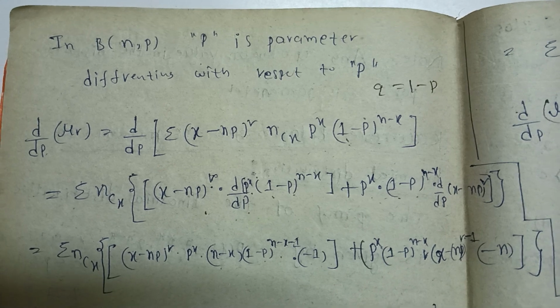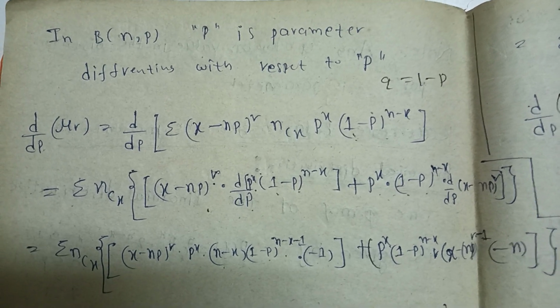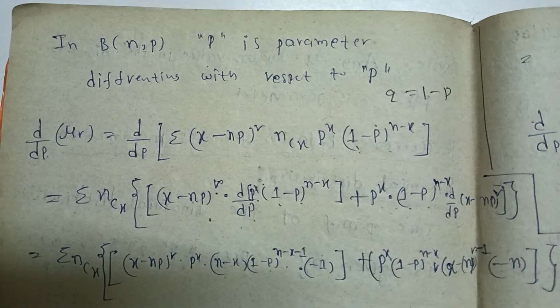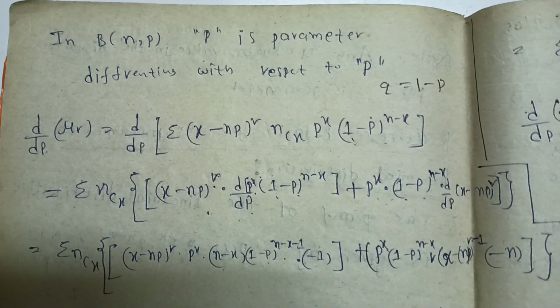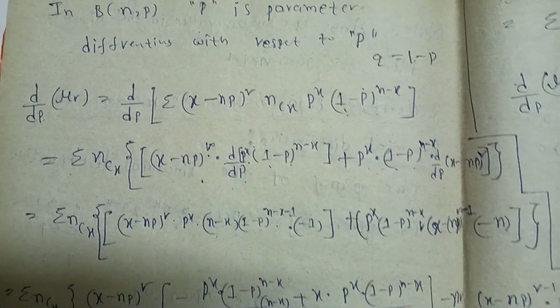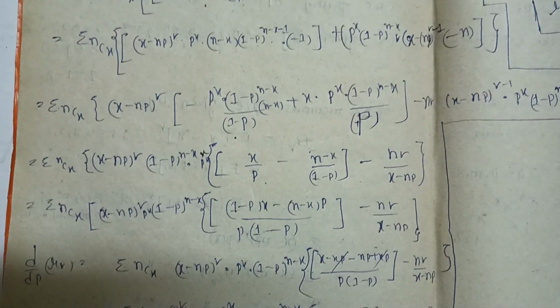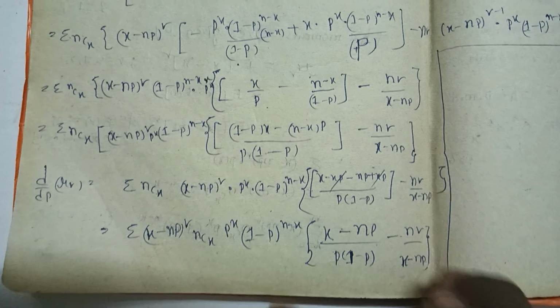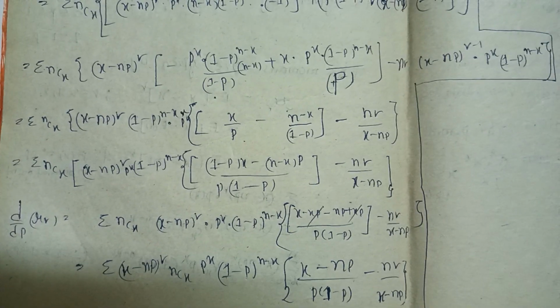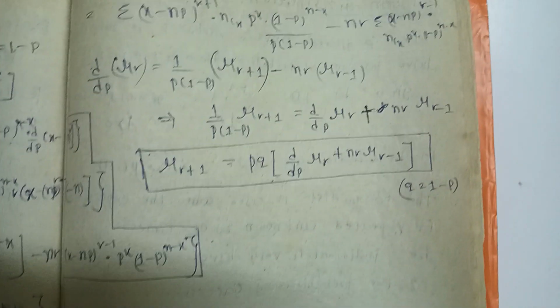In the binomial distribution, p is a parameter. Now we have to differentiate with respect to p. So here is the differentiation calculation. The derivation part